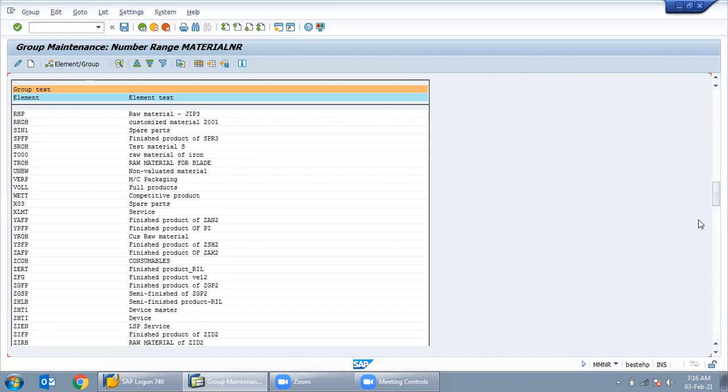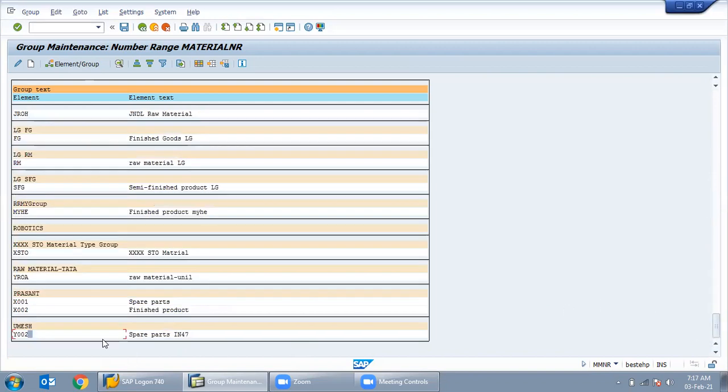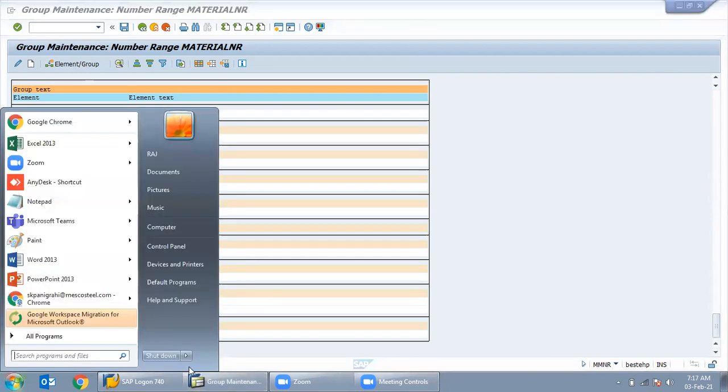And these two material types are assigned to two different groups? No, only one group, that is Umesh. Suppose Umesh is our group. Not a material group, that is a number ranges group. You are not getting it, I think.